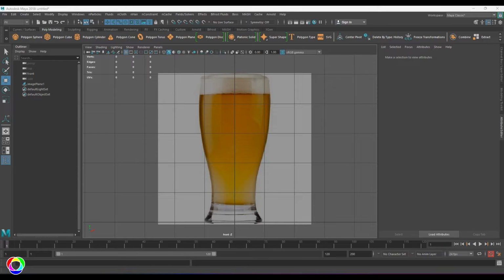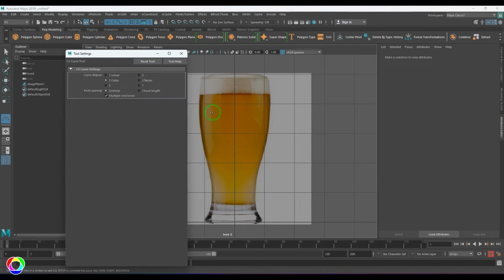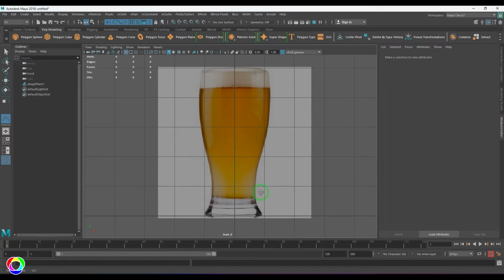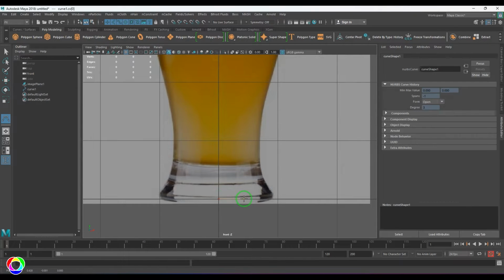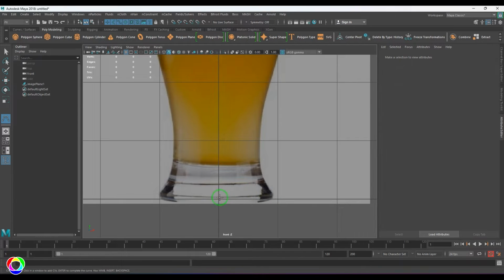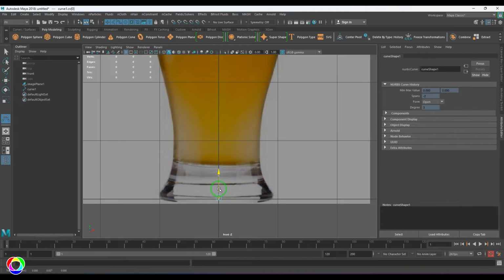Firstly, let's model the beer glass. So I'll be taking a CV curve tool. Okay, I'll be taking the 3 cubic curve and then start tracing out this reference here. So the ground should be flat, so I'm going to use this point a little bit up, okay, and then start placing this like that, and from there I'm going to trace